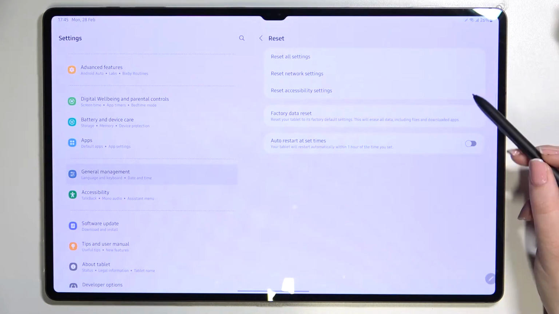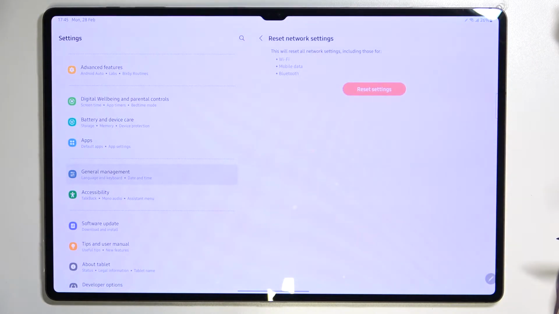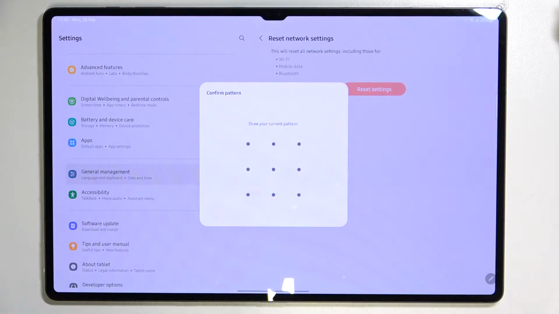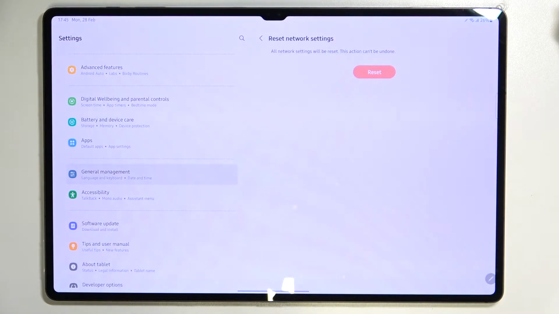As you can see, the Reset Network Settings option is right in the middle, so let's tap on it, and here your device is informing you that it will reset all network settings, including Wi-Fi, mobile data and Bluetooth. So let's tap on Reset Settings. If you've got a pattern, PIN or password, just enter it to confirm the whole step. Here we've got also the information that this action cannot be undone, so just tap on Reset if you're ready,